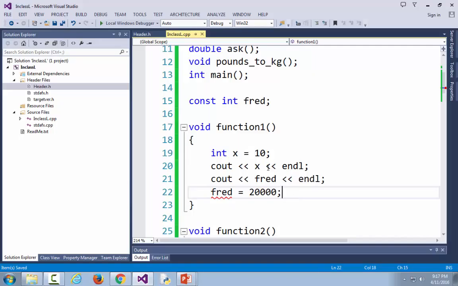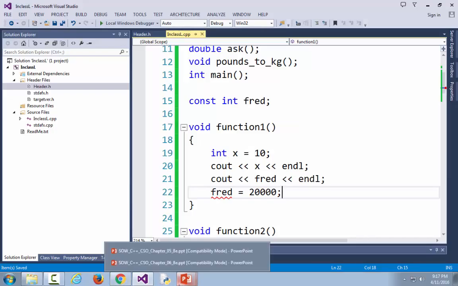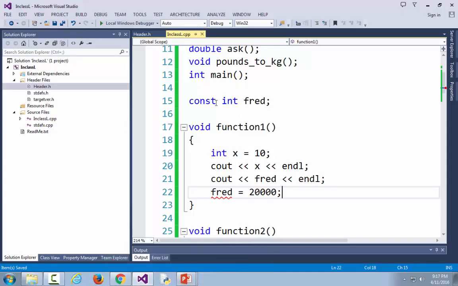Yeah, you have to assign it. You can't just leave it blank and then assign it later. Which would be kind of neat, like, you know, a random number, like you said, and then use that random number throughout the program. If you're going to do that, just don't make it a constant. So that's what it'll do here, right? If I was to